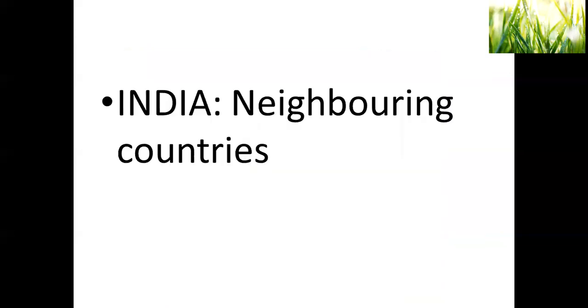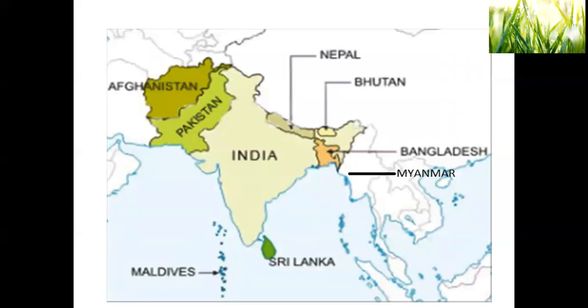India and neighboring countries. So many countries are neighboring. You can see here, Afghanistan is connected with, as a state, the only state which has a border with Afghanistan is Jammu and Kashmir. Pakistan has so many states around, Gujarat, Rajasthan, Punjab, and even Jammu and Kashmir. Like that, we have states here, Nepal, Bhutan, Bangladesh, Myanmar, Sri Lanka, Maldives. Maldives is a group of islands, right?